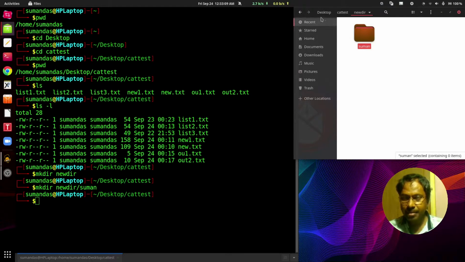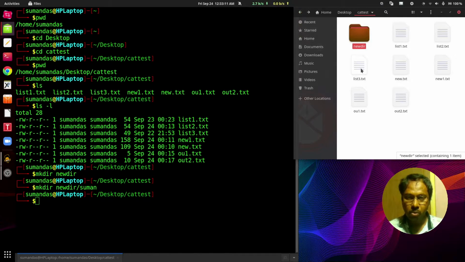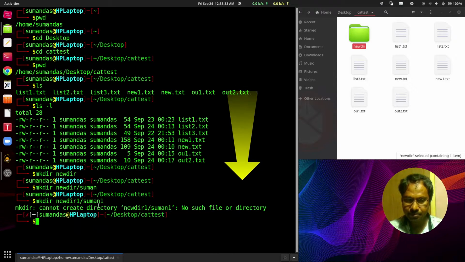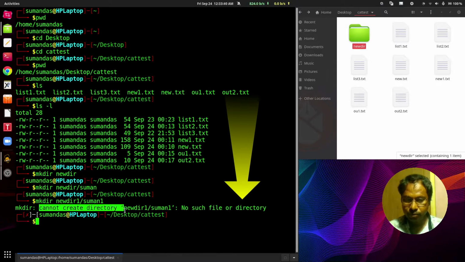In the same way, suppose we want to create a directory structure. So suppose at that moment mkdir, then a new directory name, suppose new dir 1, and then the subdirectory Suman1 we want to create. Press enter. What happens? At that moment the error occurs because it cannot create directory new dir 1/Suman1.